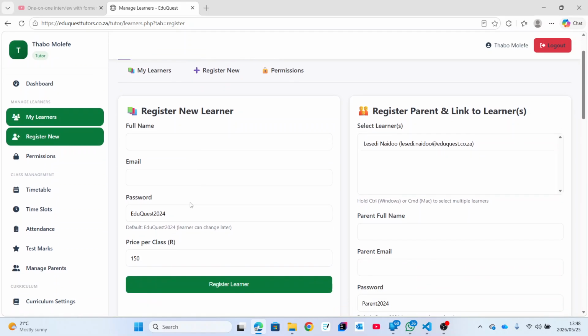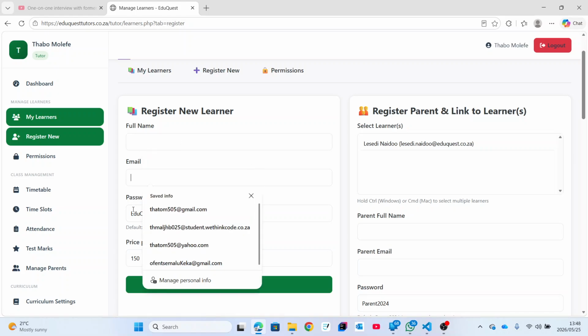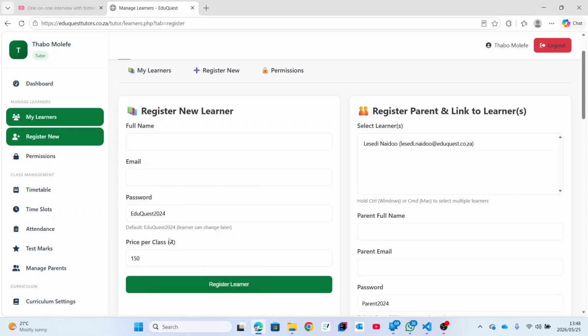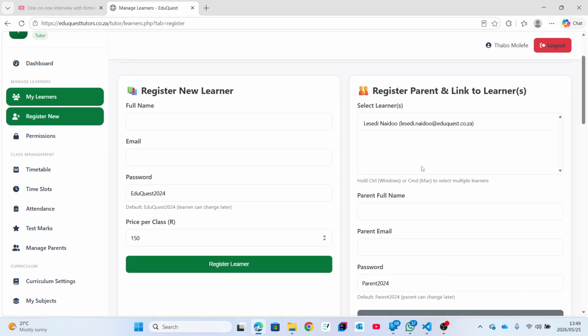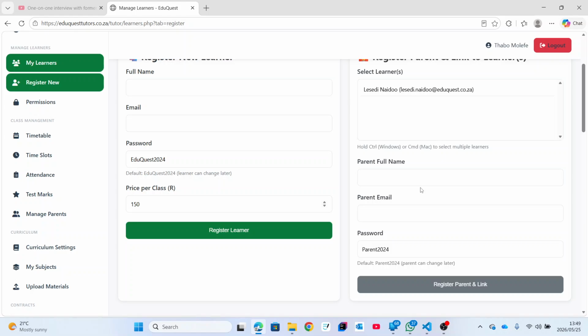Once you get a new learner, this is how it comes to be. You put in your full name details and then the password. Then you can just change this value as much as you want. Then you can also put parents' details aside. Okay. Now